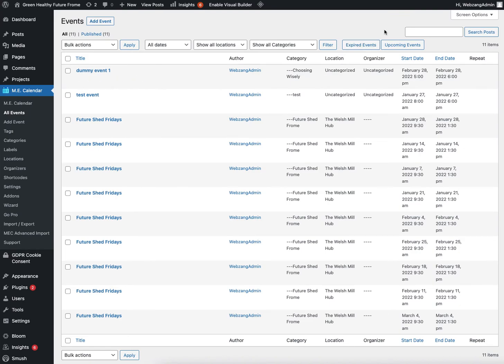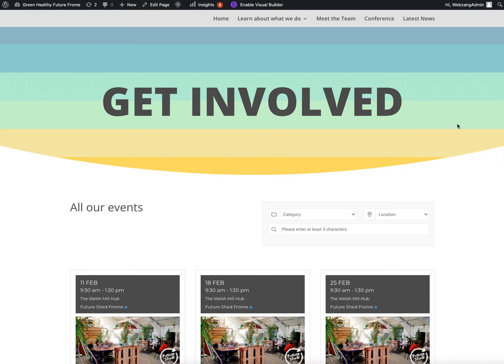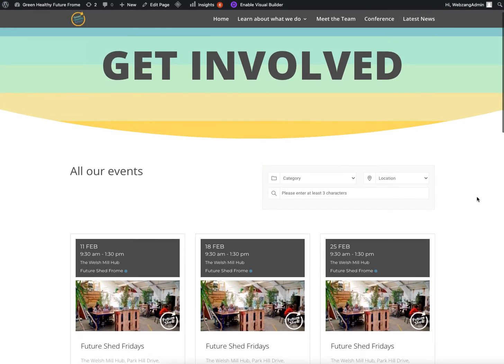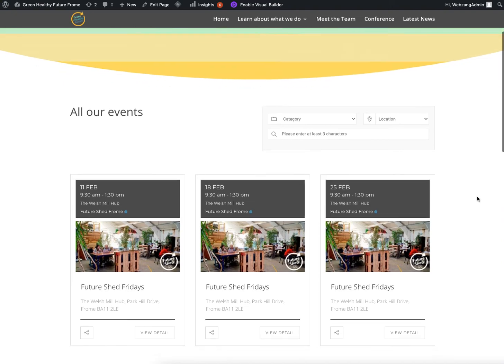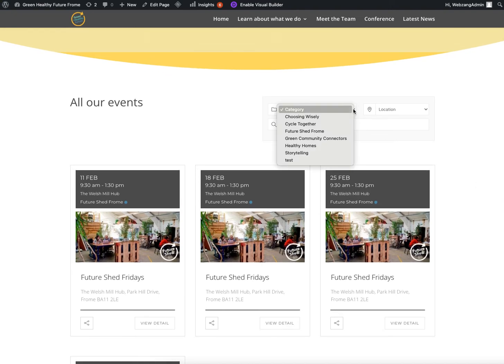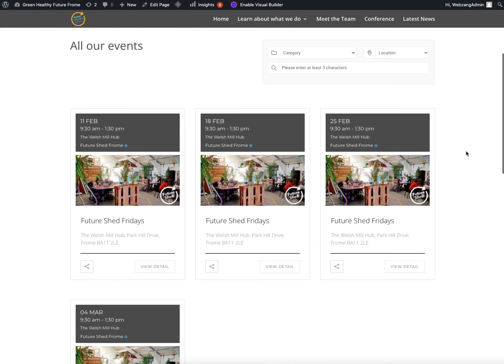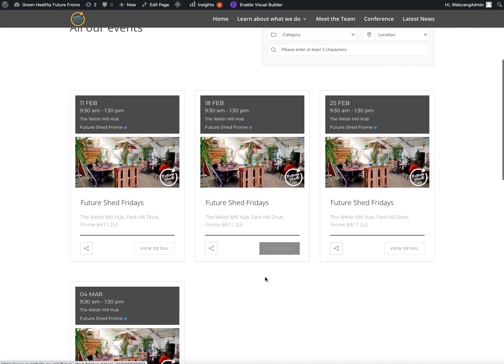Now you can put events in different places on the website. That's very easy. But we've created a page for that. There's more than one way of displaying the events, but I've chosen this one because it's a nice grid. So we've got the ability to categorize, so you can choose a particular category of event, and you can choose a particular location, or you can do a search, and down below all of the events will appear